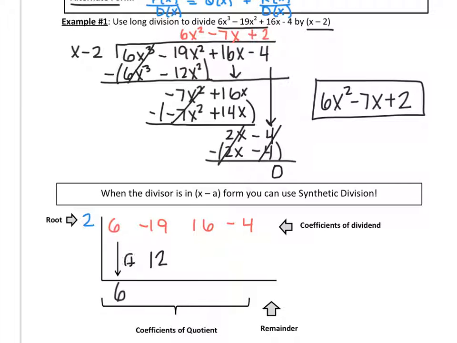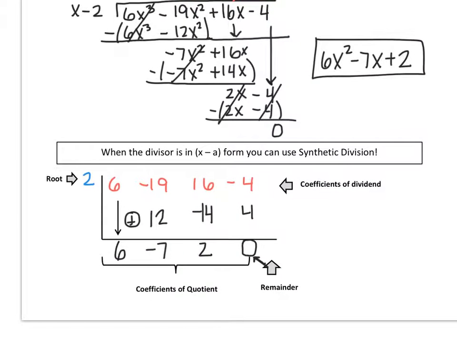And then you add. Okay, so negative 19 plus 12 is a negative 7. And now you multiply these two, and you get negative 14. And then you add. So 16 plus negative 14 is 2. Then we multiply. Put that there, and then add. We get 0. That should be my remainder right here. So do you see the coincidence between the 6, this negative 7, and the 2? That's your answer. So the only thing that you have to remember is that these are the coefficients of the